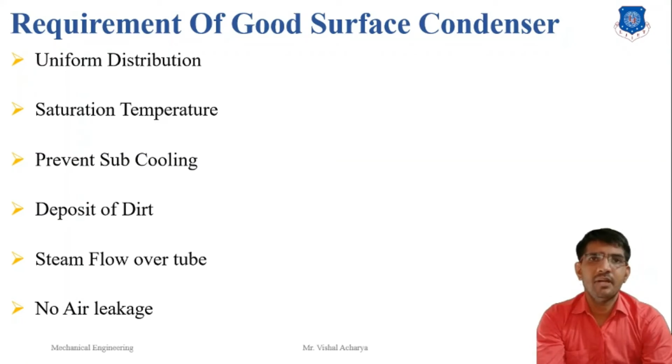First is the multi-pass surface condenser. Here is a closed vessel of horizontal cast iron cylinder with water tubes. Here is the exhaust steam inlet from the steam turbine. Here the air is removed. Here is the condensate, when the steam is converted into water. Here a baffle is provided. Here is the cooling water inlet from the cooling tower, and here is the water outlet.